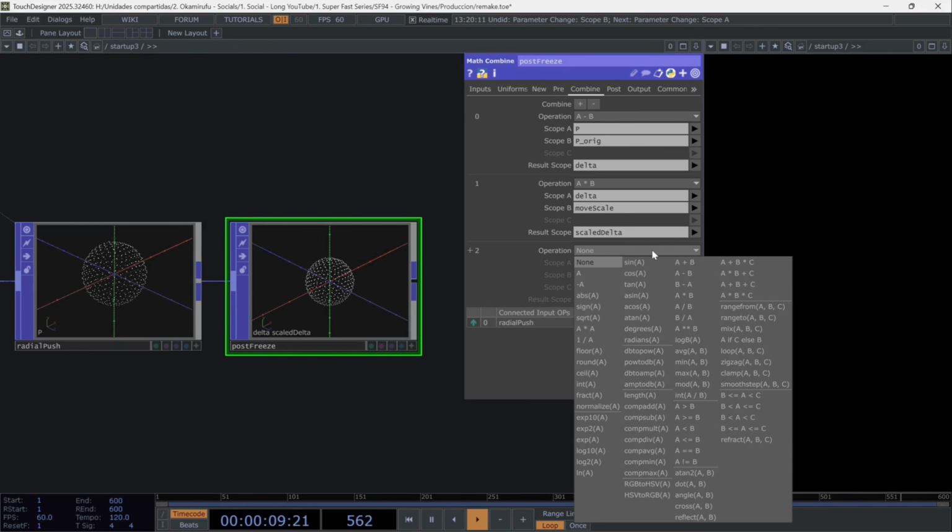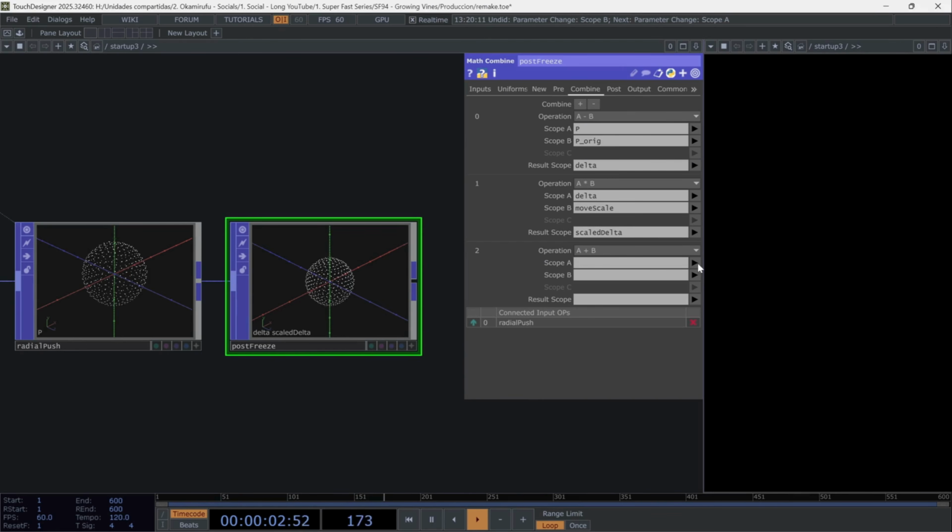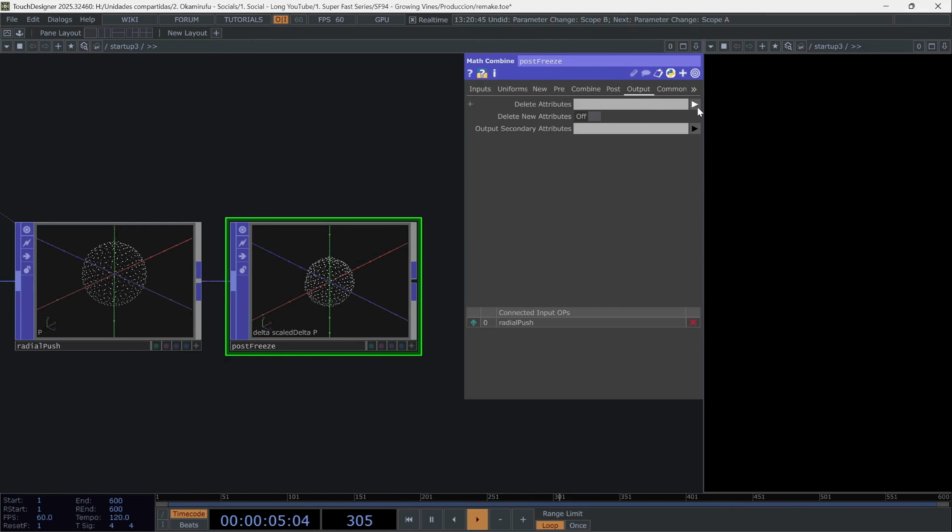For the next operation, set A plus B. Then set scope A to P or ridge, scope B to scaled delta. Next, the result scope to P. And finally, in the output page, set P or ridge, radius, freeze A, M, T, move scale, delta,